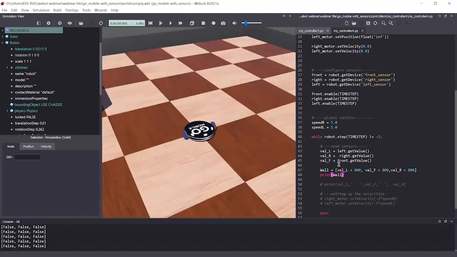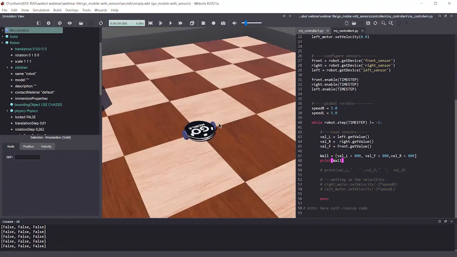Here, what I did was model the presence of a wall on the left side, front side, or right side as an array called wall. This array represents values, a Boolean array. This Boolean array represents whether there is a wall or not. So I'm going to do this. Let us create a driver.